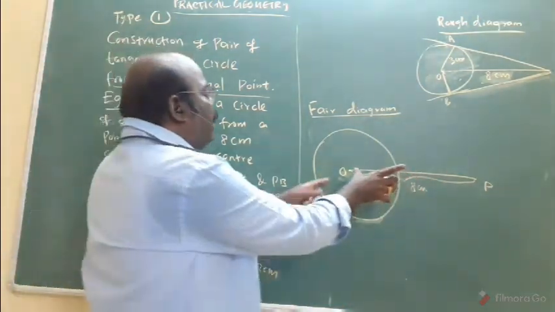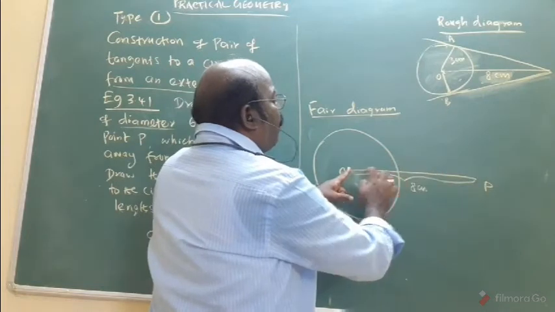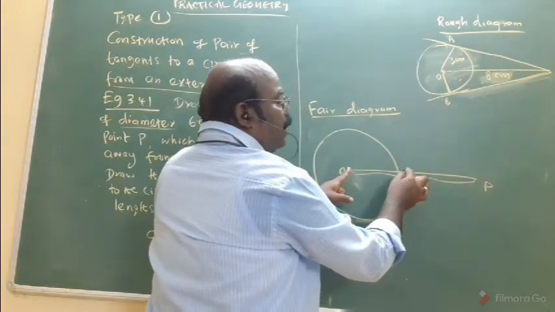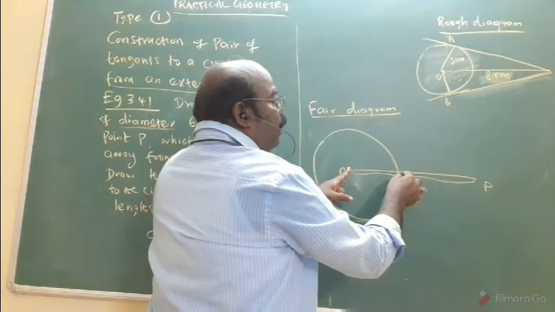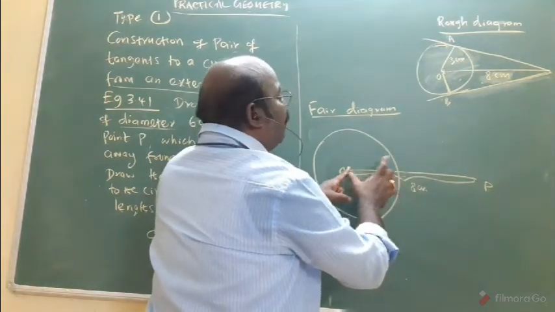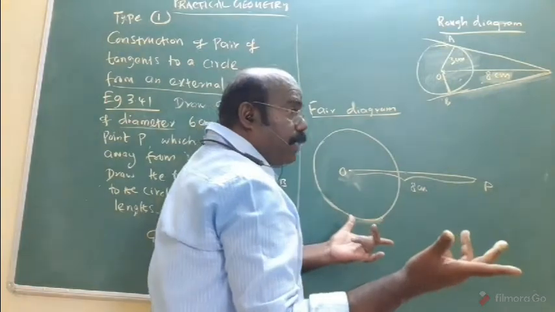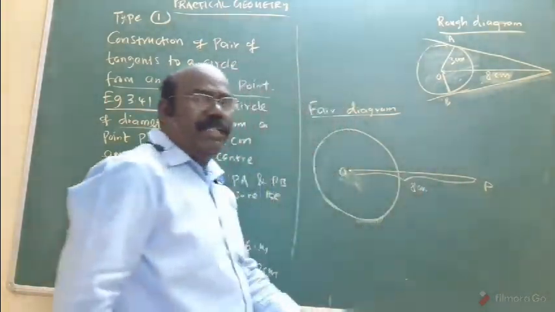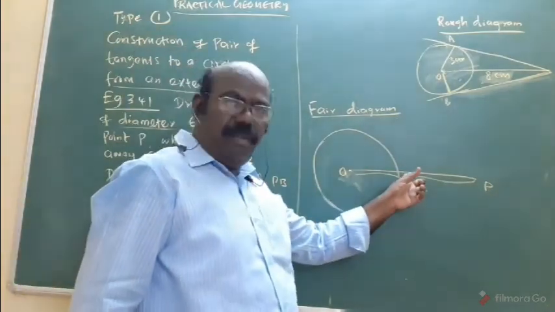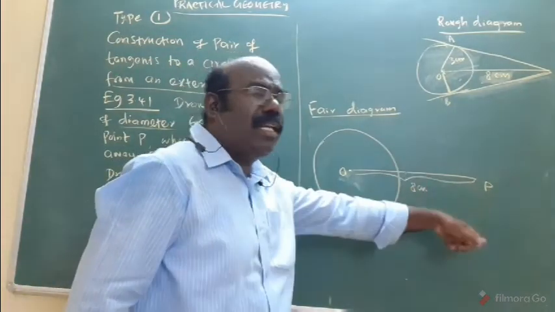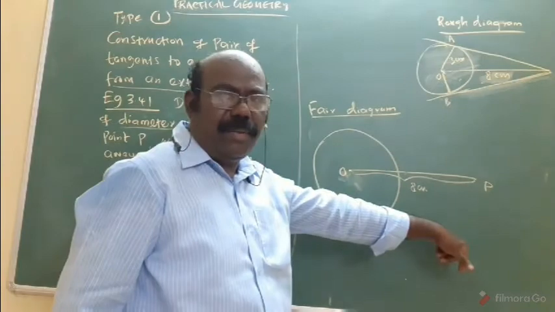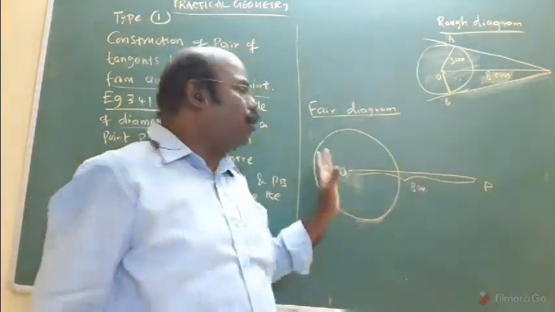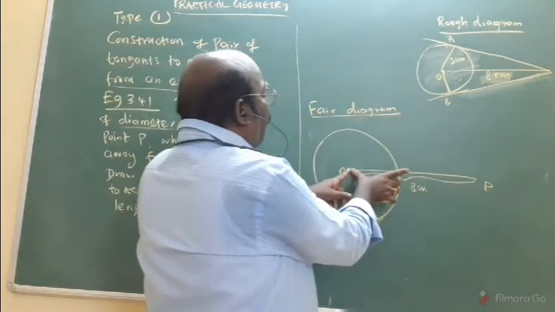By using the compass, take more than half of the length of OP. That is what? 8 centimeters are there. Approximately 4 centimeters is the middle part. You will take more than half, approximately 6 centimeters, without any measurement. More than half means what? Exactly half is 4 centimeters, so more than half means more than 4 centimeters. Either 5, 6, or 7 centimeters, whatever it may be. That's one rough calculation: more than half of the length.